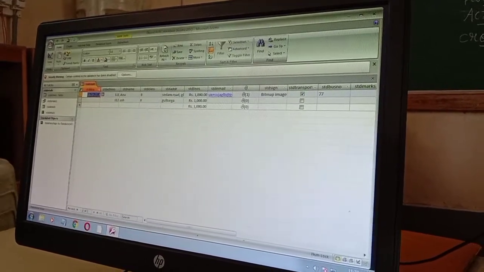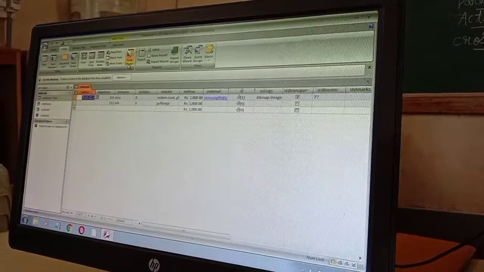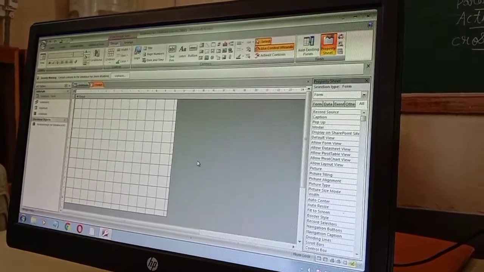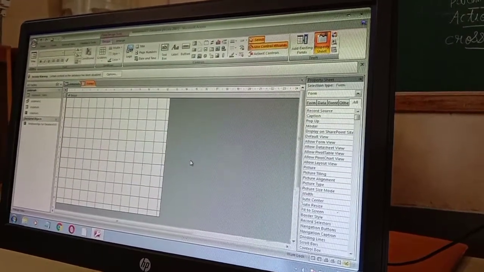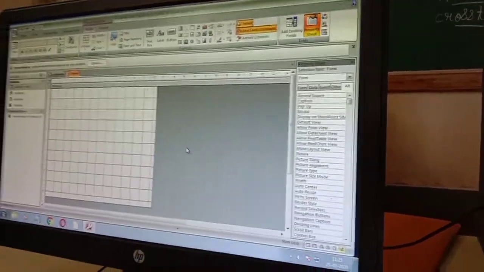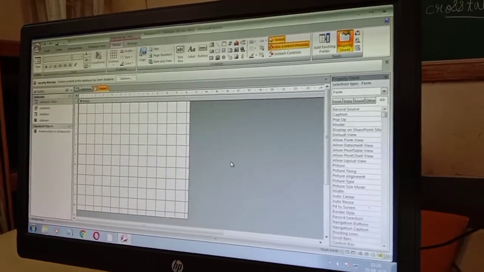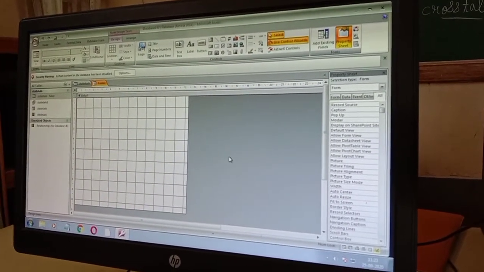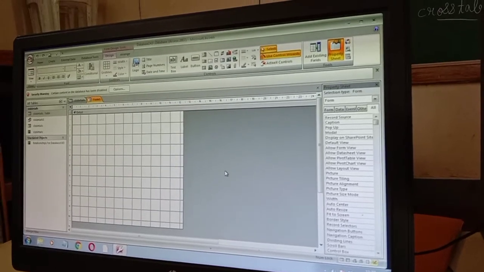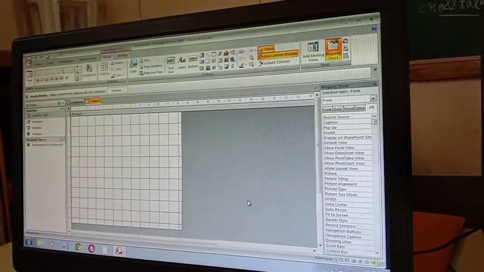In this we should go to the Create tab and use the Form Design option. We have discussed that Form view is used to enter, edit and view data. Then we have discussed the Design view, which is used to adjust the design. And Layout view is for changing the appearance and size of various controls of a form.